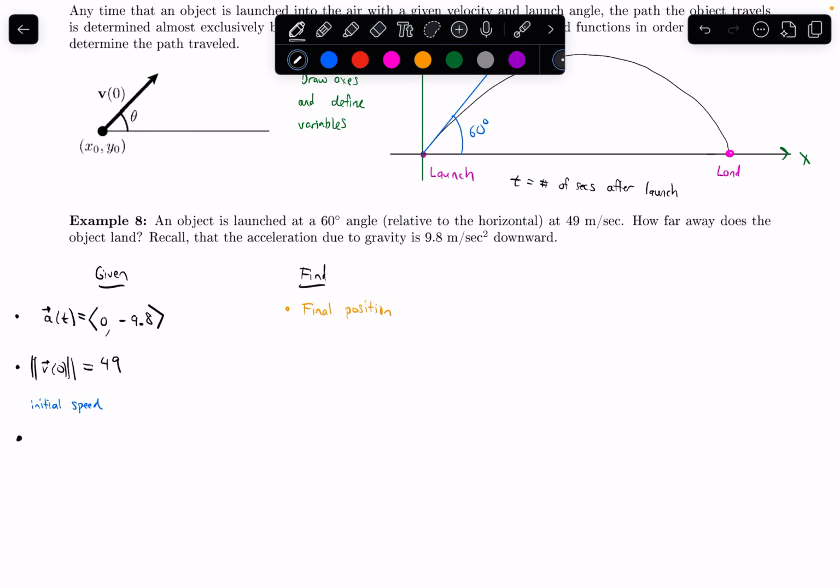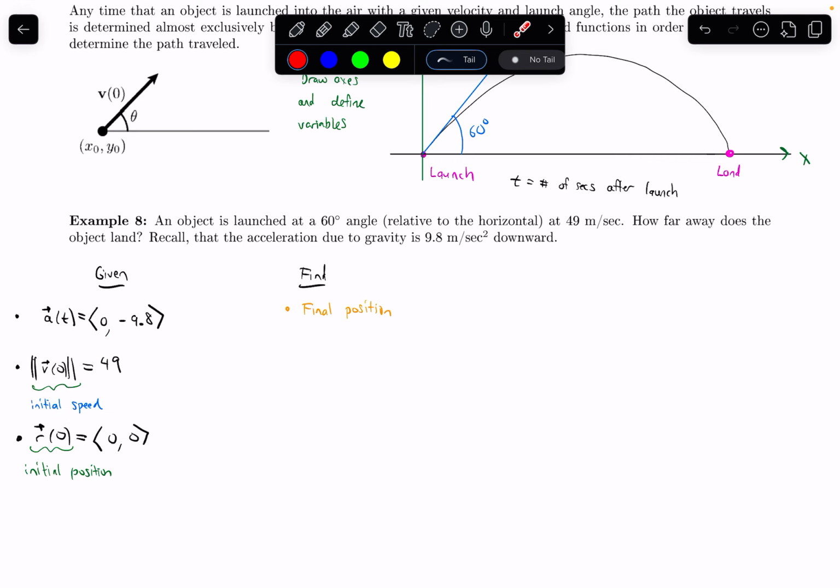So I'll put a bullet point. That is r of 0. And I know that initially it's at the origin. That's 0, 0. That's my initial position. So that's my initial speed. I'm also now given the initial position. So one of the things I can do now to break down this initial speed is let's